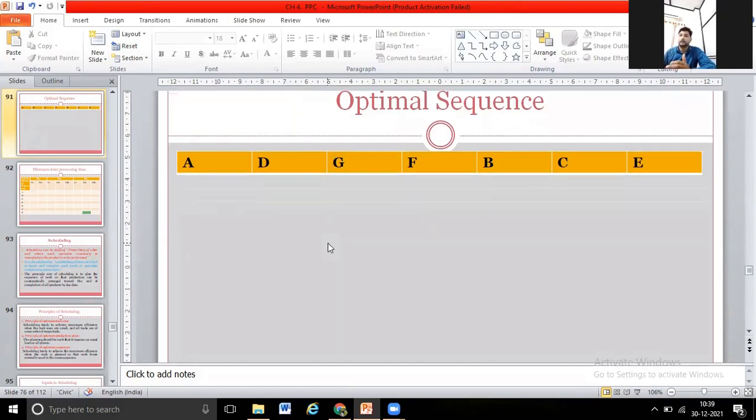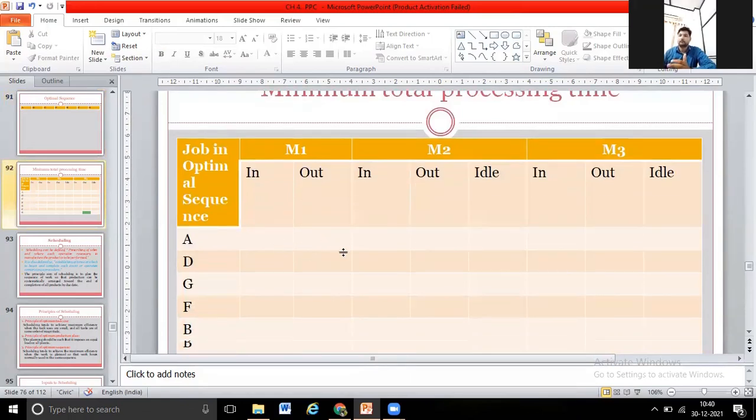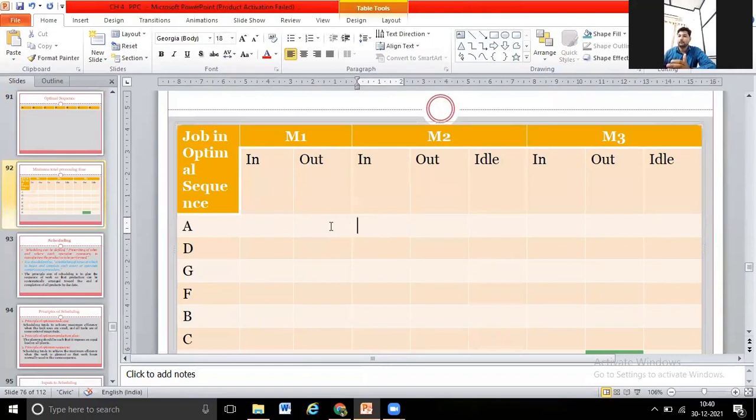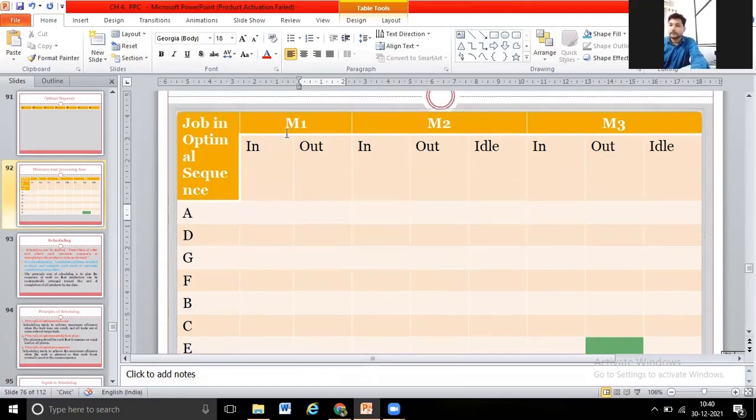Once we determine the optimal sequence, then what we have to do? We have to determine the elapsed time. Can you determine the elapsed time? Solve this and let me know your final elapsed time. I will provide you 5 minutes. Do the calculation now. I think you are expert in doing the calculation, but here remember there are 3 machines, so you have to focus more on the calculations.